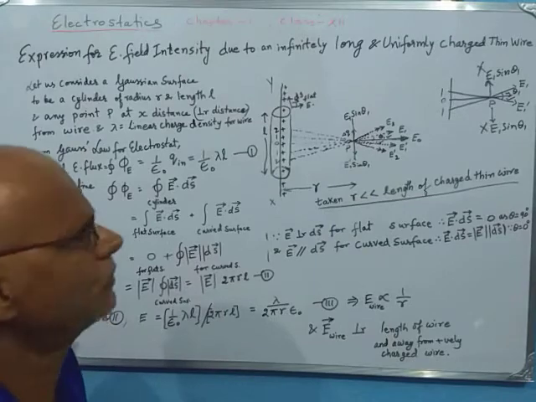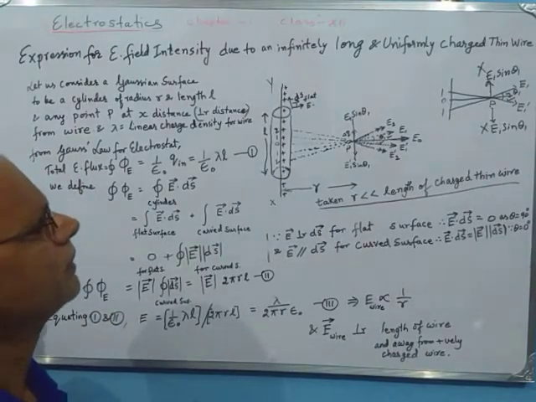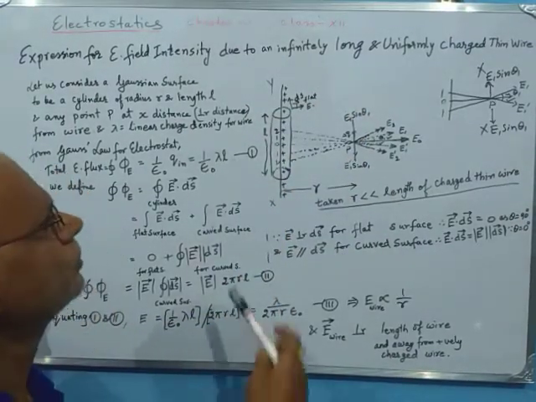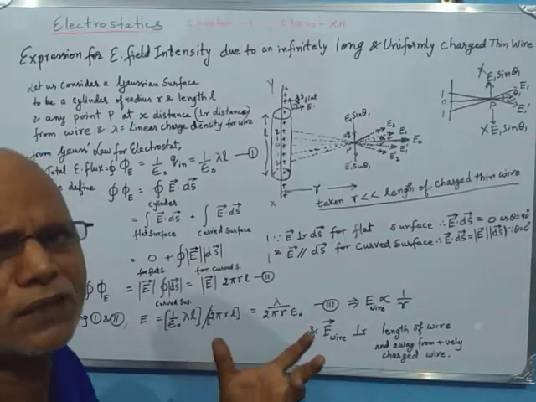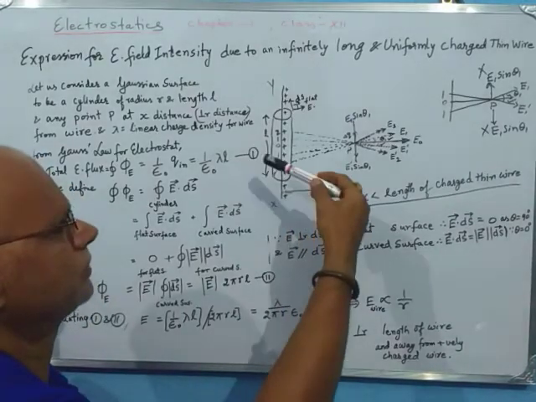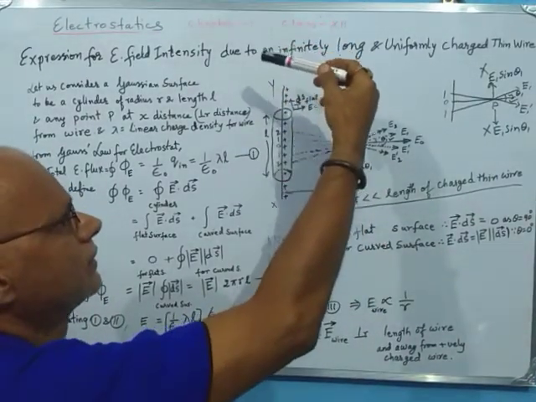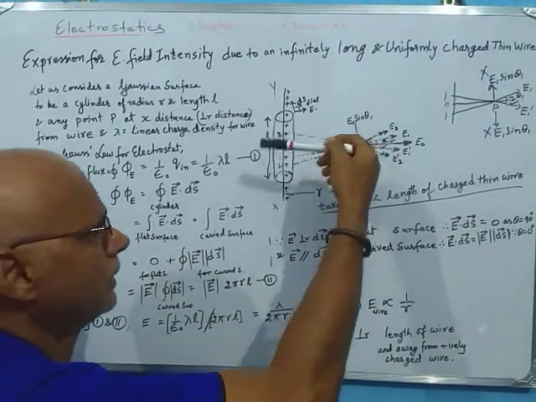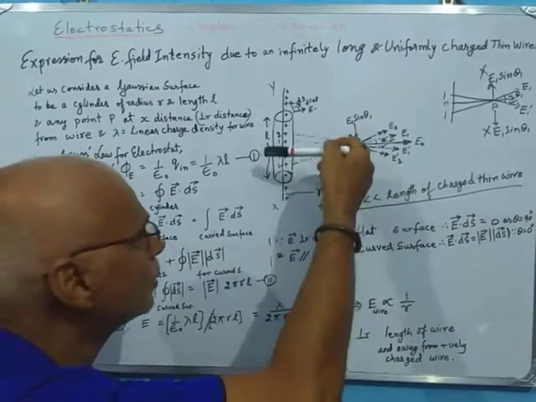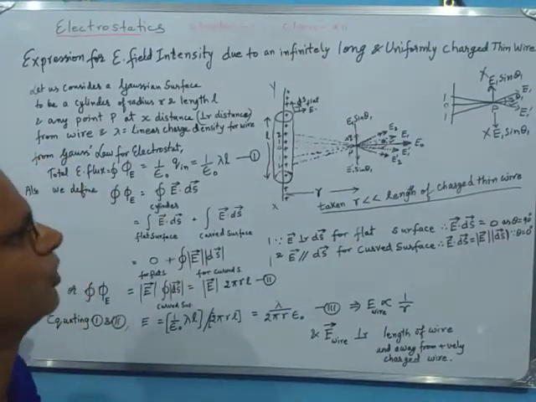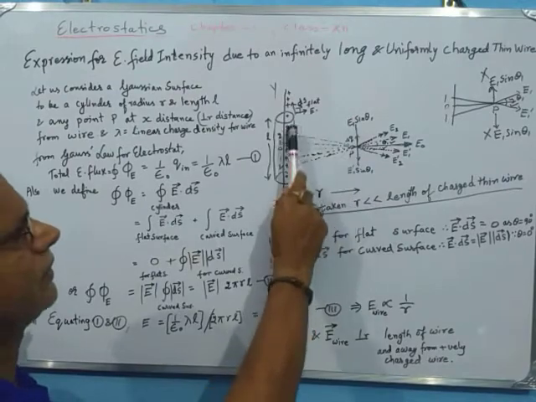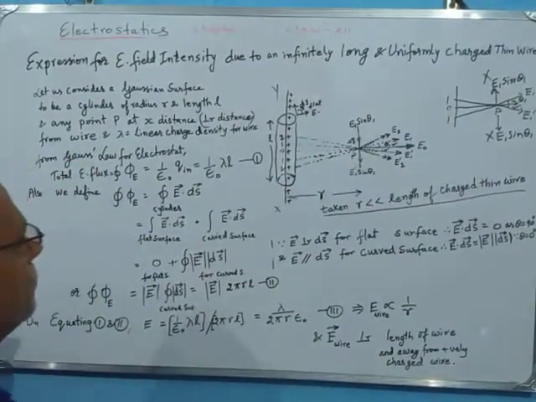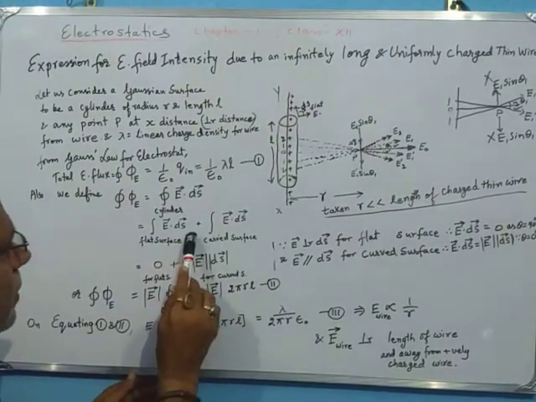So that means the electric field due to the whole wire will be essentially perpendicular to the wire, because we have considered the wire to be infinitely long, so we don't have any shortage of symmetrical charge distribution. We will always have some charge at the same distance above the central charge, and the same charge at the same distance below the central charge. So we can say that the electric field due to the straight wire will be essentially perpendicular to the wire.